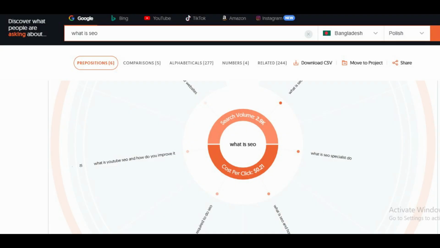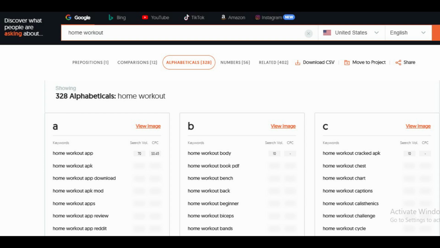Number 2. You will see a visual map that includes questions, comparisons and related phrases. These are actual questions people are asking around that keyword, which makes them perfect for blog posts or FAQ sections. For example, if your keyword is home workout, you might find questions like home workout for beginners or home workout without equipment. These are great because they attract users with specific needs and intentions, giving you a better chance to